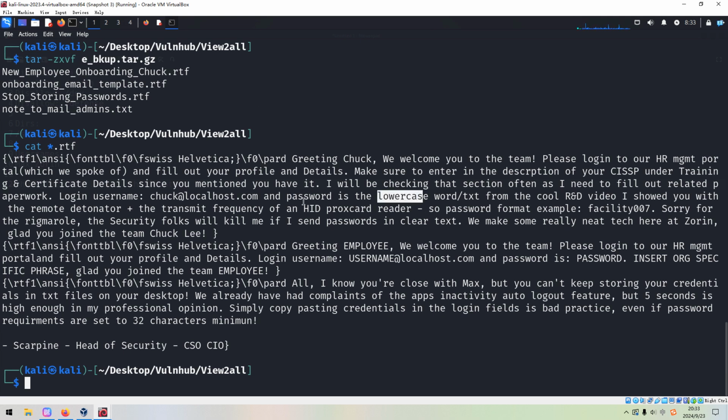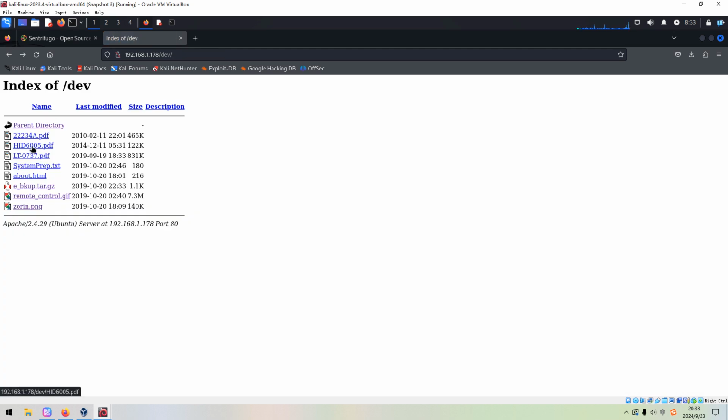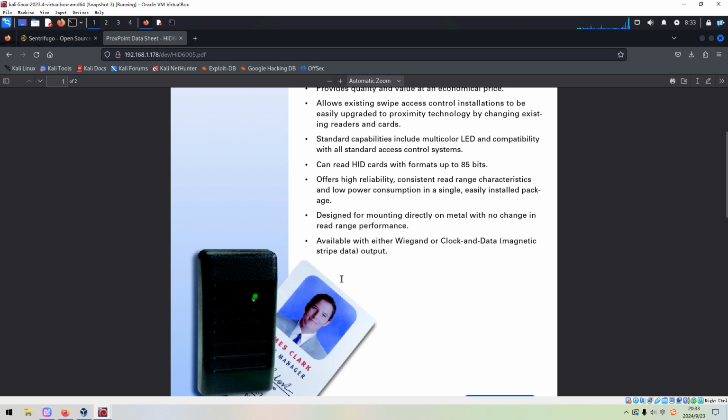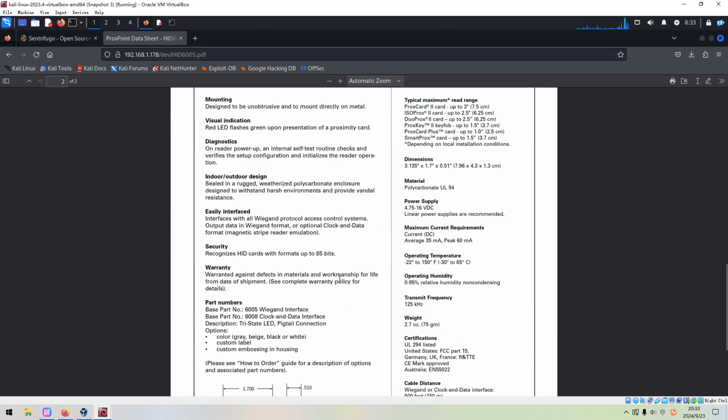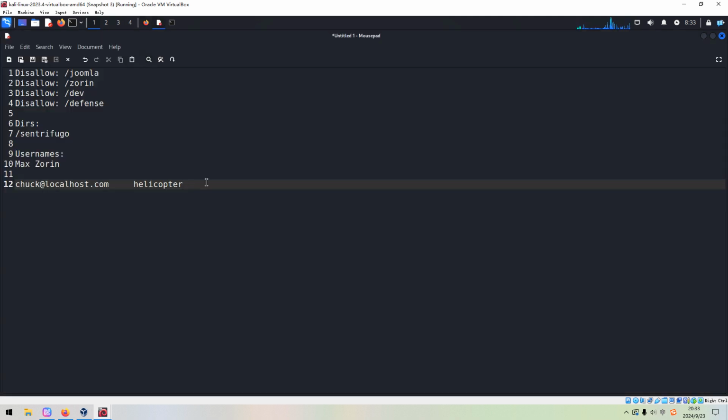Okay, and next we need to find the transmit frequency of HID, so let's go back to the browser, and this is the HID we can open up, and we want to get the transmit frequency. So the frequency would be 125 kilohertz. Okay, so this should be the password. So I think we do not need to brute force. We have already successfully retrieved the username and password.